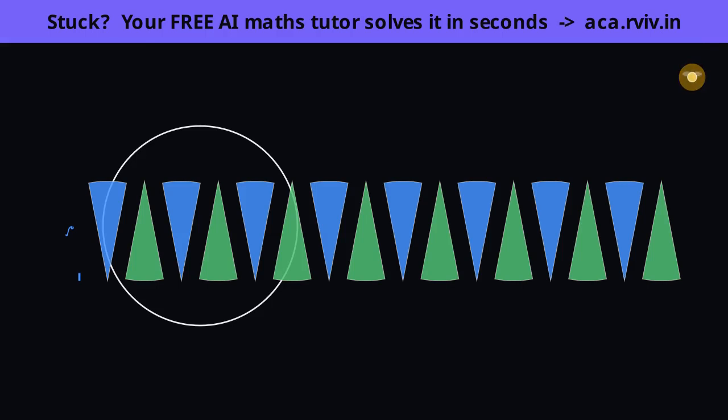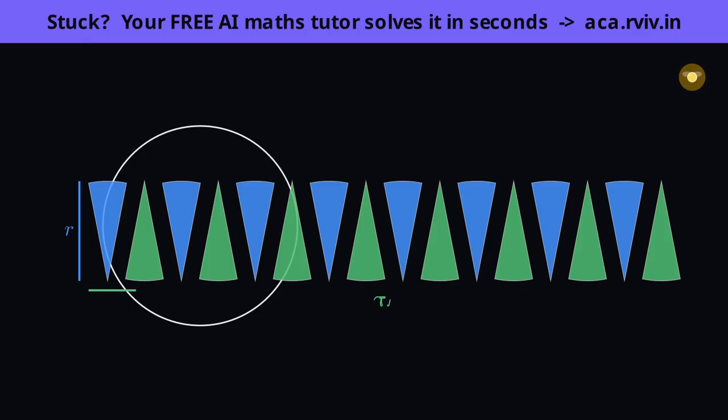The height, this red side, is just the straight edge of one slice, and that edge was a radius of the circle, so the height is exactly r. For the width, look along the green top and bottom, those wavy edges are the curved arcs of the slices. Half of the slices point up and lay their arcs along the top. The other half point down and lay their arcs along the bottom.